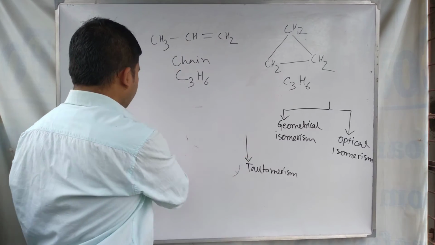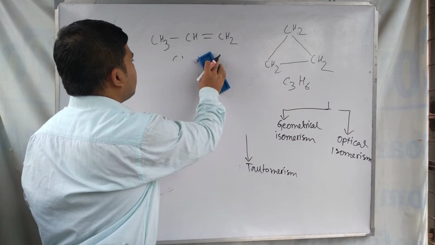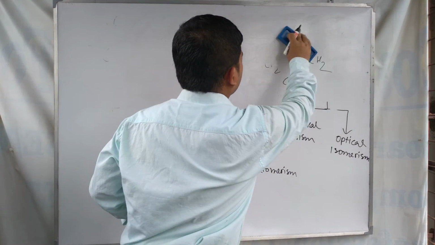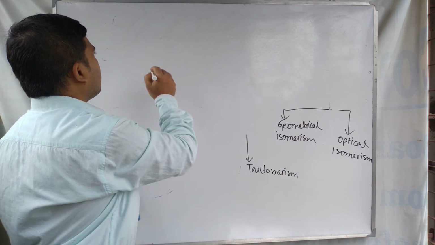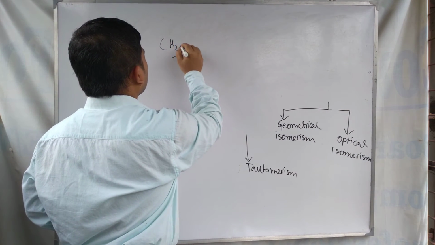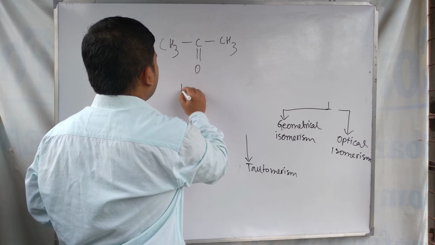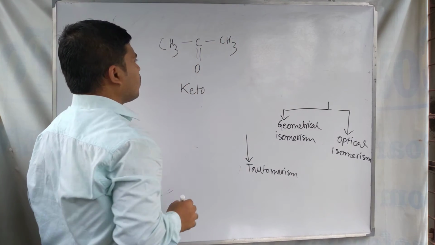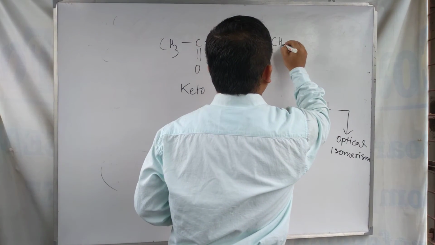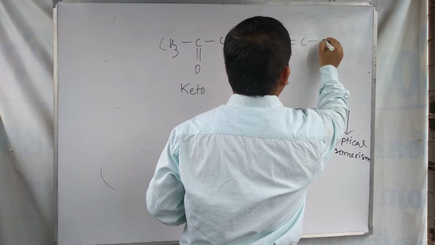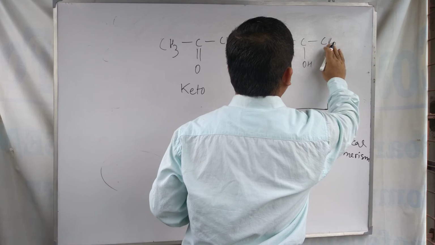Our next example is tautomerism. In the case of tautomerism, what happens? Suppose this one is called the keto form, acetone, and the other, CH2 double bond C with OH and CH3,